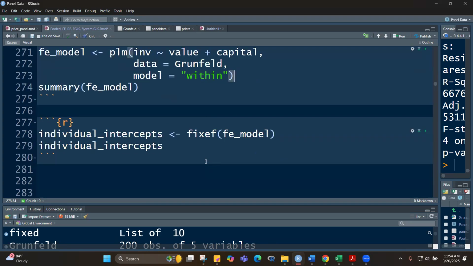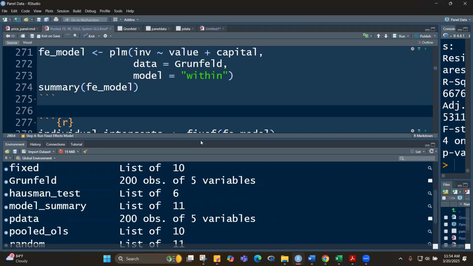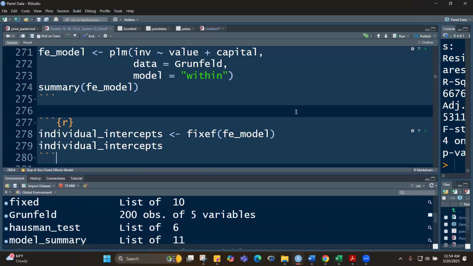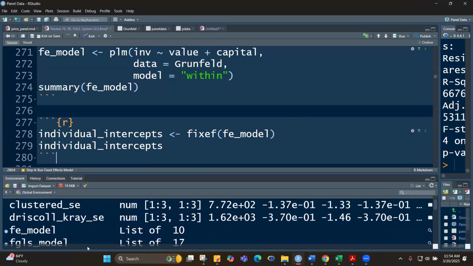Okay, but if I want to see the individual intercepts of the 10 firms, we can do this. We can use the fixed effect. Do I have fixed here? I have this, right? The FE model. If I view what's inside here,